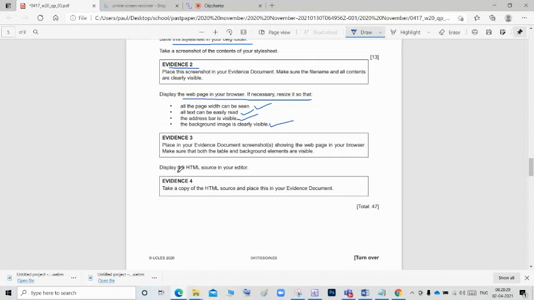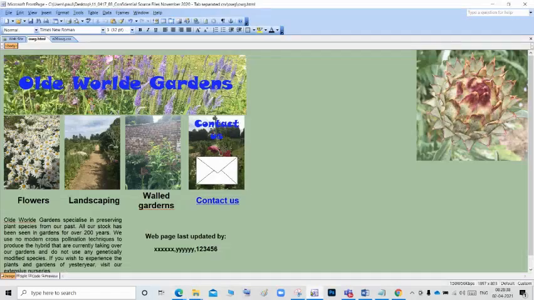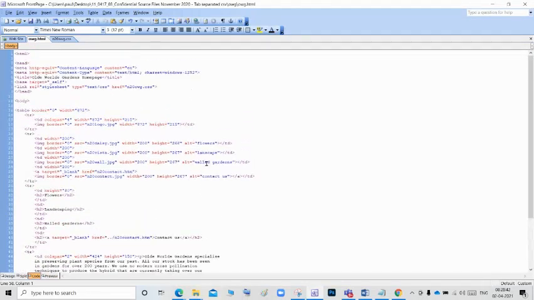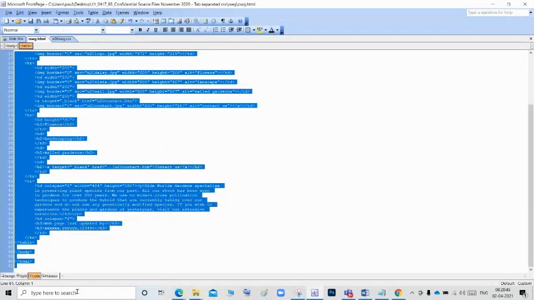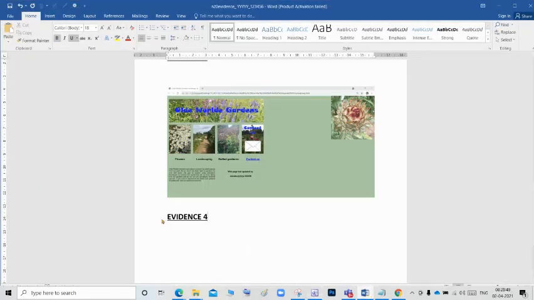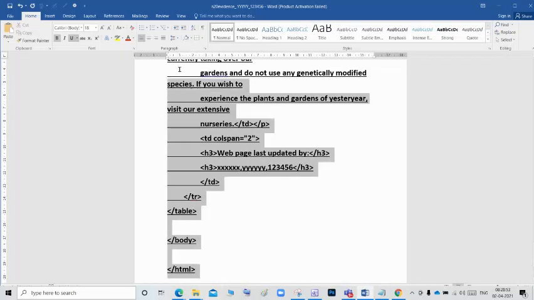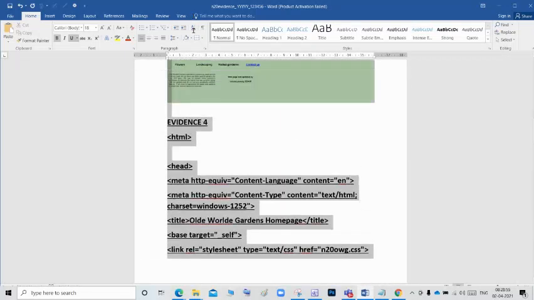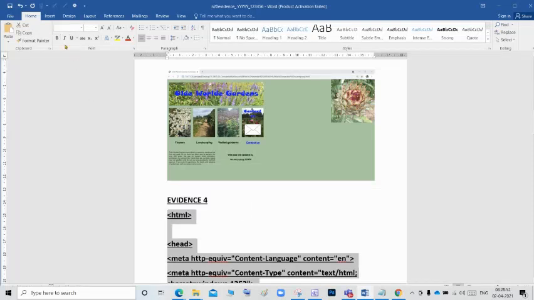Okay. Next, they are asking display the HTML source in your editor. Take the copy of the HTML source and place this in your evidence document. So we want to copy the HTML code. Go to the HTML file, click the code and select the code. Copy this and go to the evidence document and we can paste that. So all of it is underlined. Select all the file and give bold and like this.